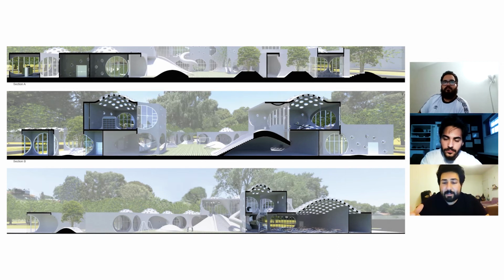And on top of the mounds, similar to the Amsterdam Orphanage, I placed some domed skylights to allow light to filter in an interesting and playful way for the children in the classrooms and cafeteria and